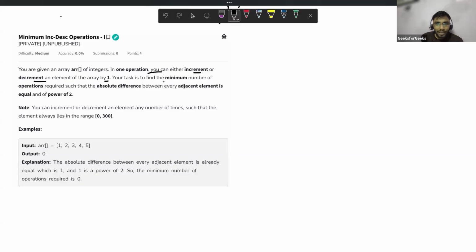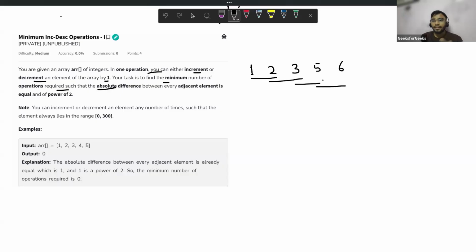Your task is to find the minimum number of operations required such that the absolute difference between every adjacent element is equal. What adjacent elements? Like 1, 2, 3, 4, 5 and 6. So the difference between adjacent means these two, these two, these two.